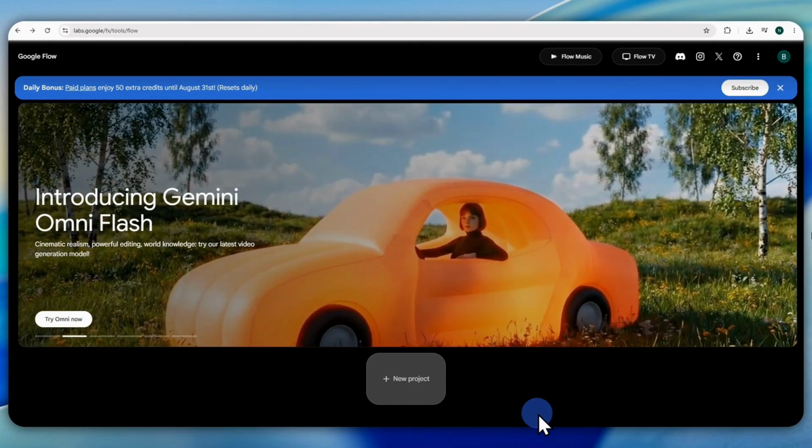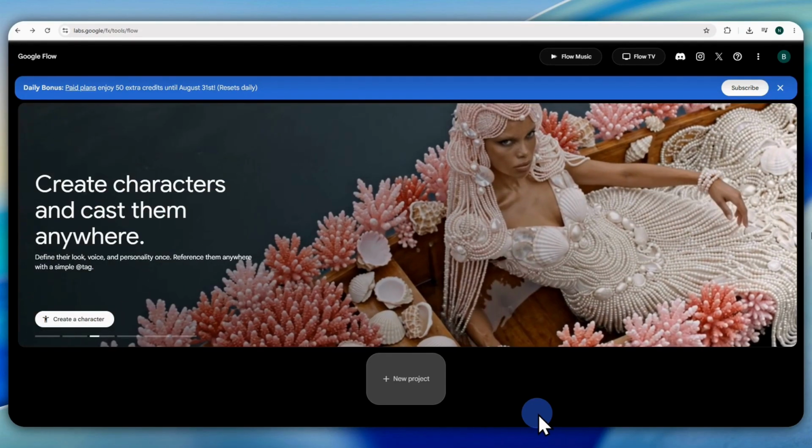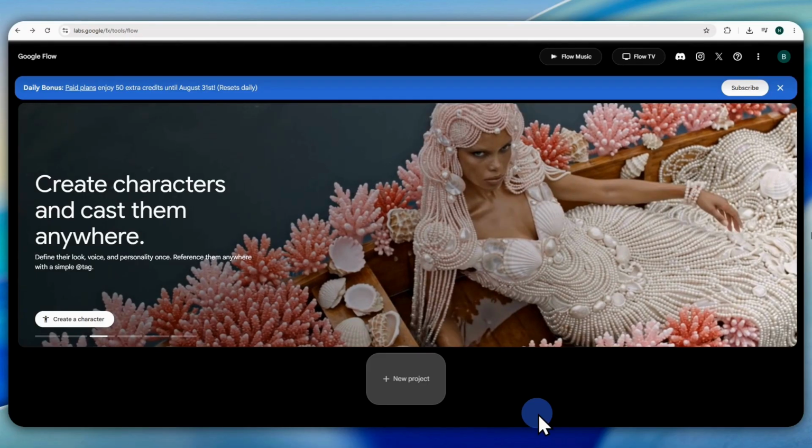What's up, guys? In today's video, I'm going to show you how to turn a still image into a video